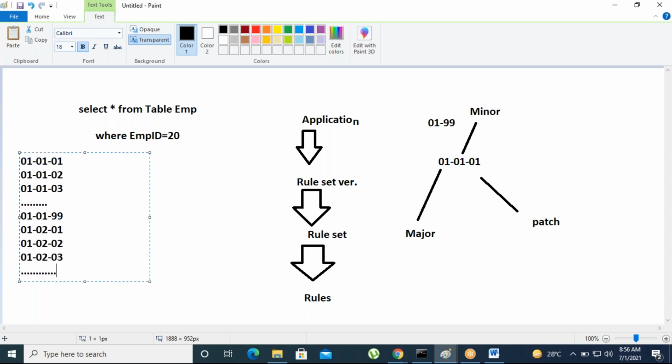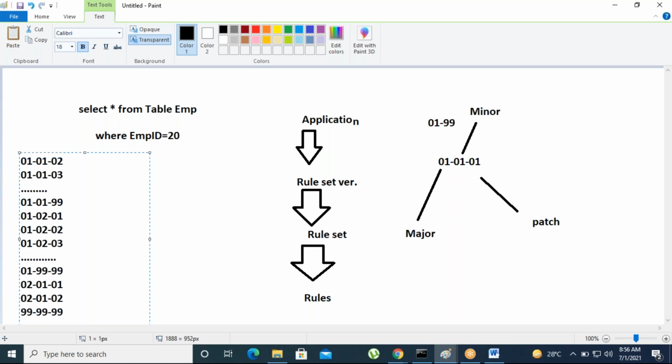Whenever the minor reaches 99, like 01-99, automatically the major is incremented. 02 will come, 02-01-01, like this, and so on, up to 99-99-99. This many versions we can create.